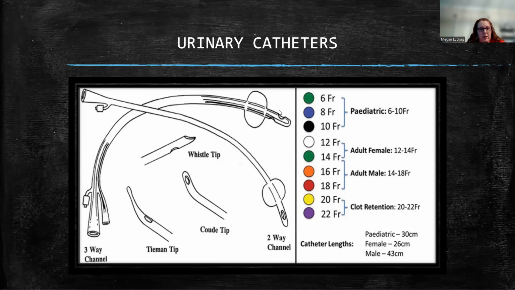It'll come out the end here, irrigate the bladder and drain it. Helps get rid of some of the blood clots. It helps with bleeding. So that's what the 3-way is for. Right? So I would definitely review these. The whistle tip, I don't use that one as often in my neck of the woods, but